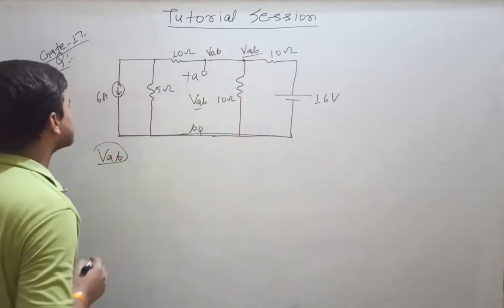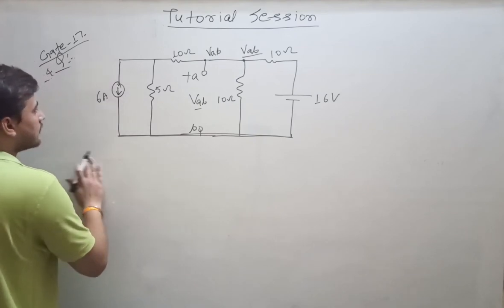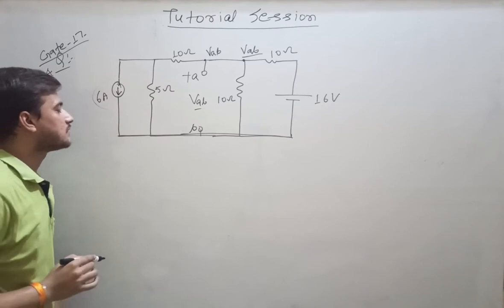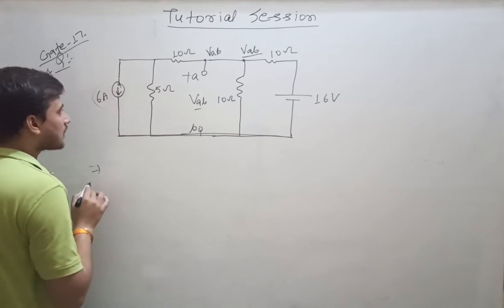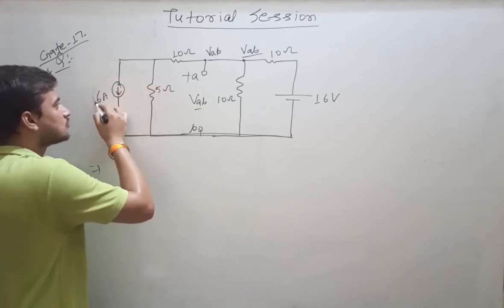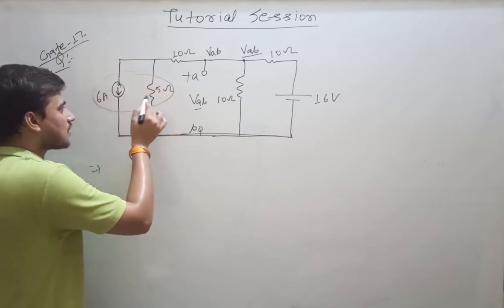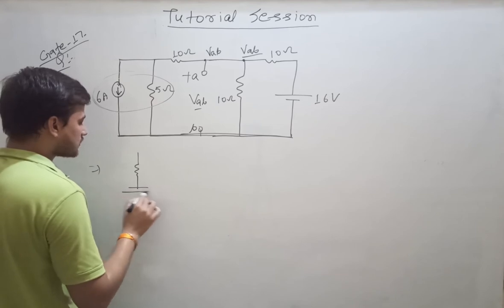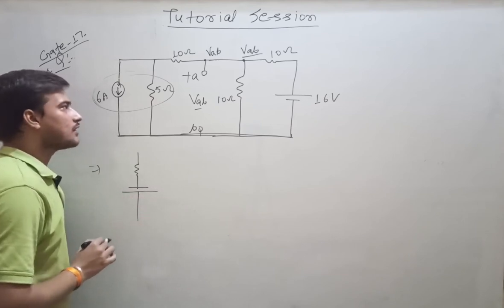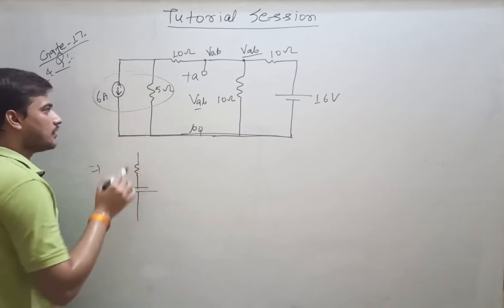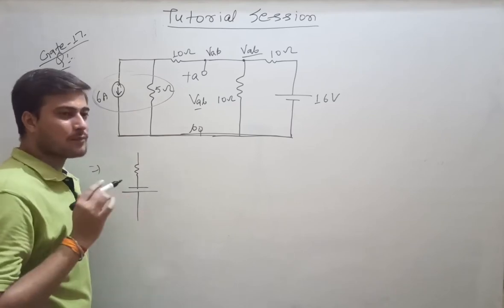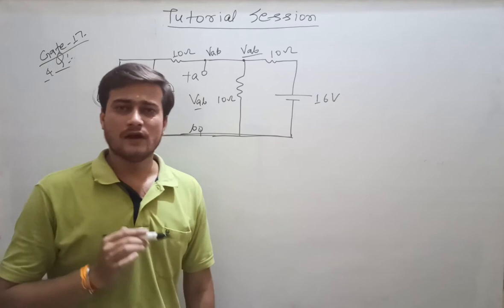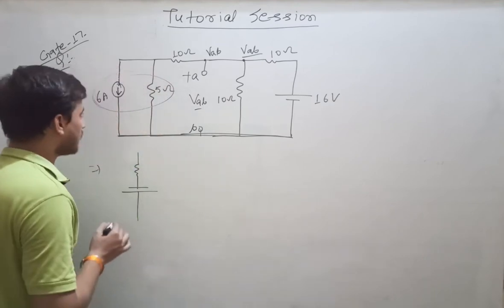Clear? Next, it is given that a current source is connected in parallel with this resistance. If this current source is connected like this, then you can go for source transformation. This current source will be converted into a voltage source. Now the direction of voltage source will be downward here because current is also in downward direction. So if you are applying source transformation, you will have to always take care of direction of voltage and current.